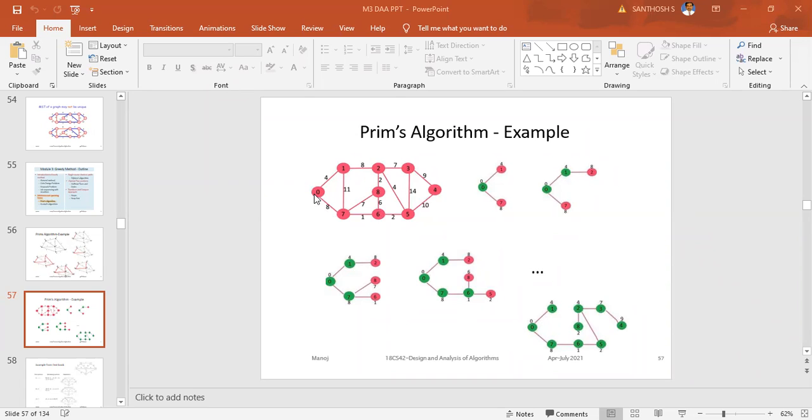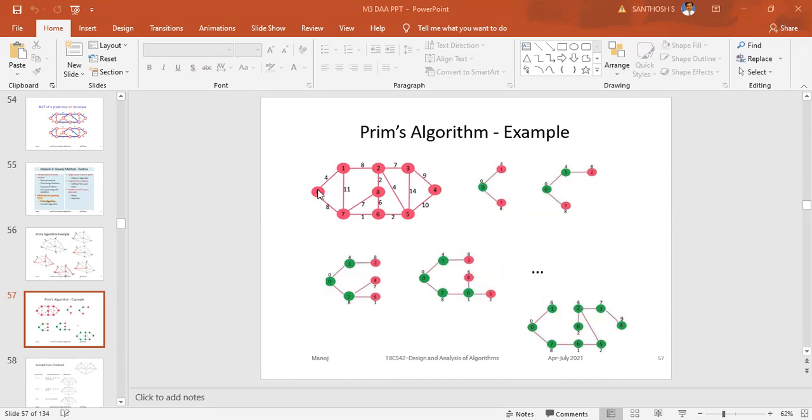You have to visit all the nodes. So how many nodes are you having here? 6, 7, 8, 9 nodes are there. You have to visit all the nodes and find the minimum cost. So I am telling you, go with this particular 0. From 0, you start. This is the final diagram you will be getting. So initially it will be 0.